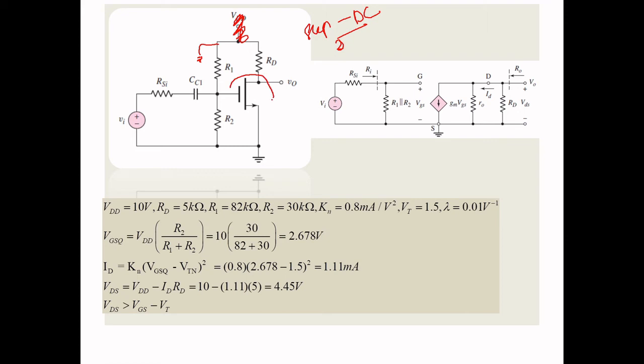Now I want to represent this MOSFET in the mathematical model. You know how to draw it: there is a source, gate and drain. In between you have VGS, and the current source is gm times VGS. Then if you consider R0, there is channel length modulation. The resistance R0 should be placed between the drain and source. So you can see this is your equivalent circuit.